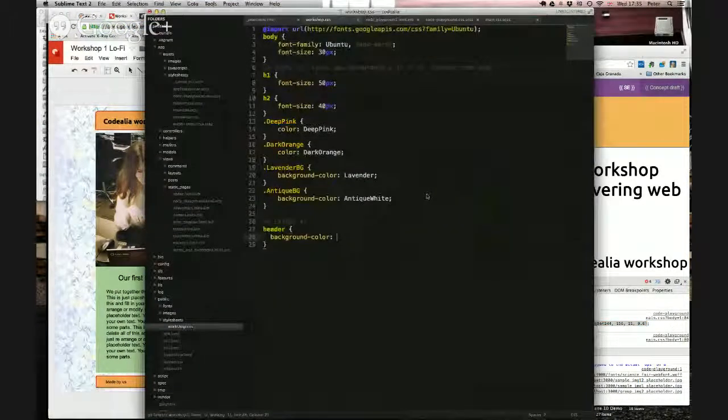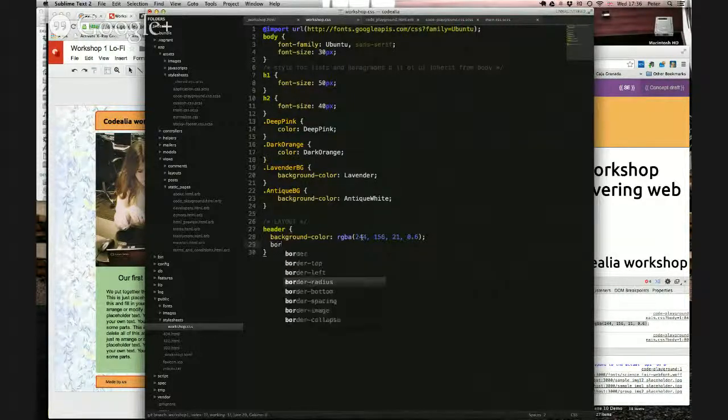So I have this color, I can paste it in there. And we use border radius. I think it's about 5, maybe 6 pixels. So if I save that and then refresh in here,